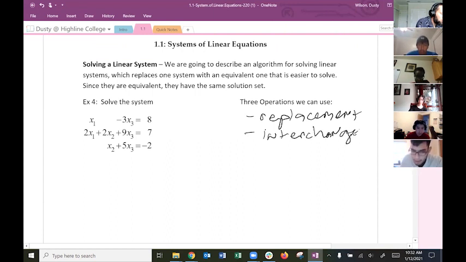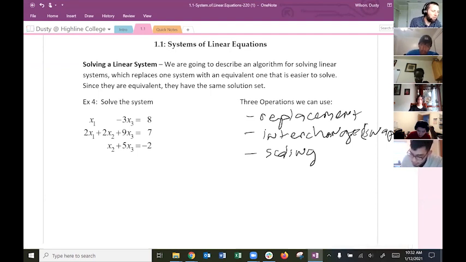Interchange is a long word. Swap is a shorter word. And then the last thing we'll use is scaling. Scaling, like multiply it by 2, divide it by 3, something along those lines. And so these are the three operations we're going to use to solve